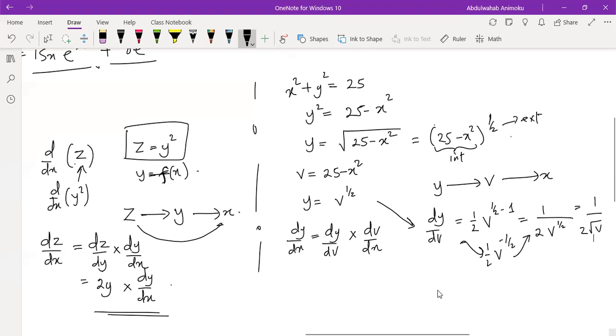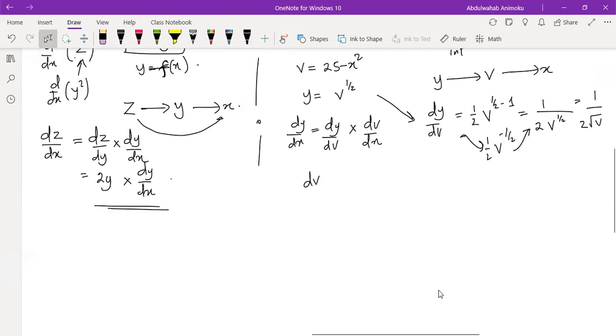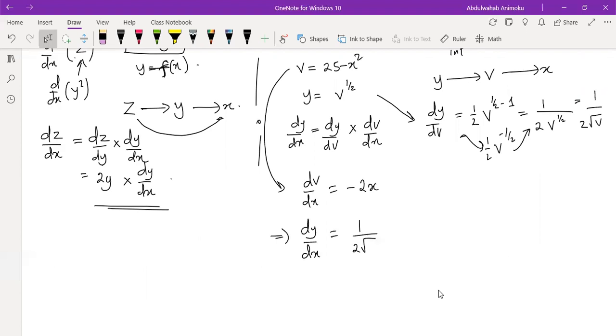And finally, we need to find dv dx. Now, what is dv dx? The differentiation of this with respect to x is just minus 2x. Okay, so therefore, dy dx is going to be dy dv, which is 1 over 2 root of v, multiplied by minus 2x. So that will give us, so 2 will cancel out, that will give us minus x over square root of